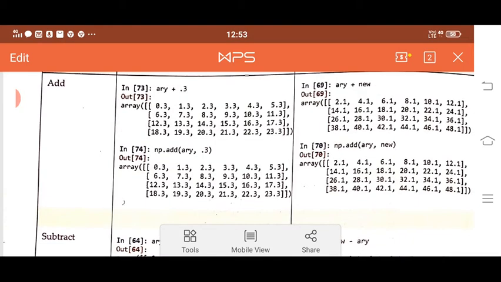Using operator and using function also. When we are adding using an operator, it is simple: ARY plus is the operator, and here ARY plus 0.3. So all the elements of ARY are going to be increased by 0.3.